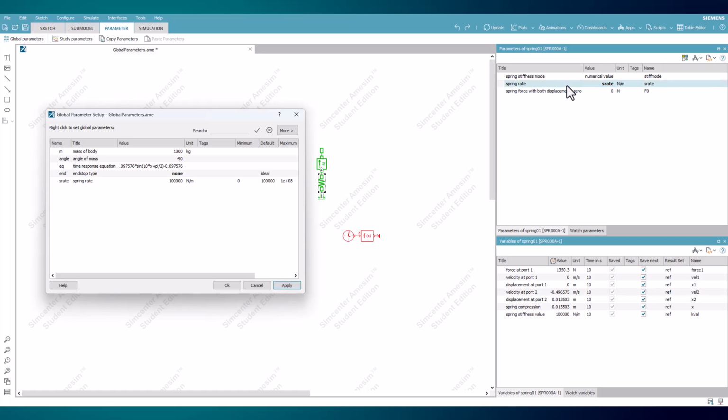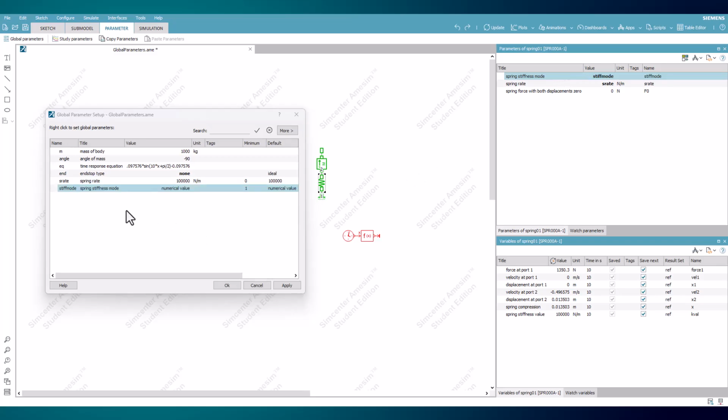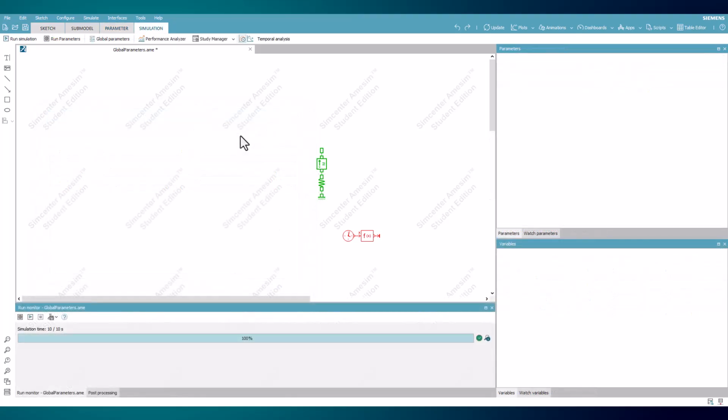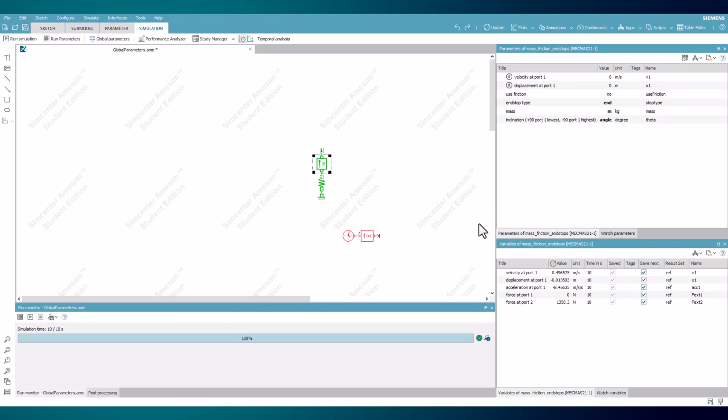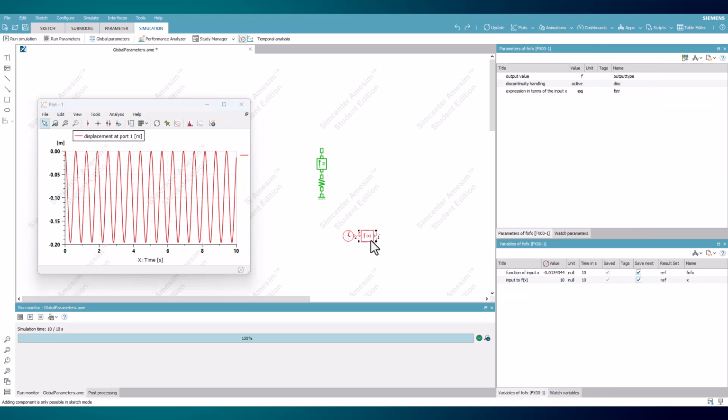If dragging an enumerated component, the same thing will happen and can often be easier than the traditional way of forming one. And after running one simulation with the global parameters in place, one can see that the model behaves the same as if these values were entered in numerically. And with this concludes the demonstration of how to use global parameters. Thank you.